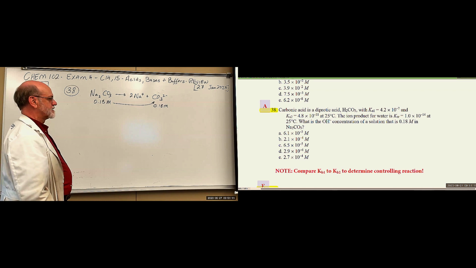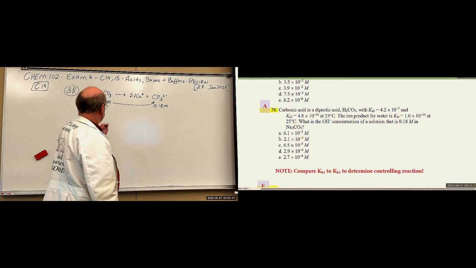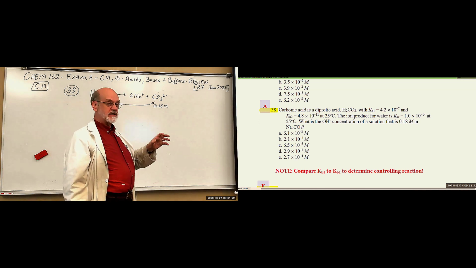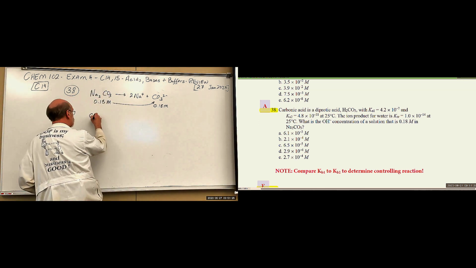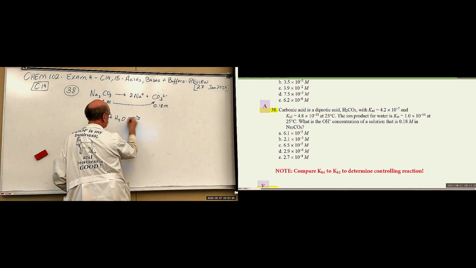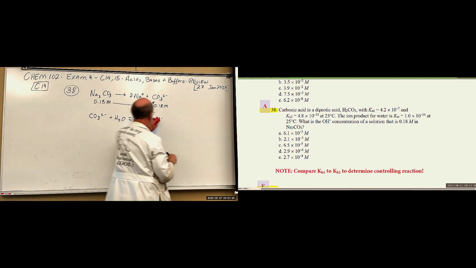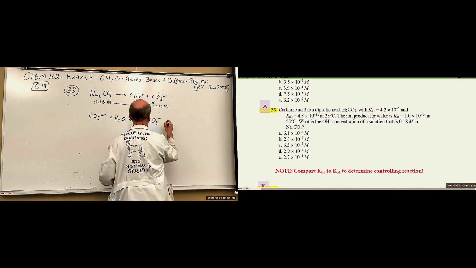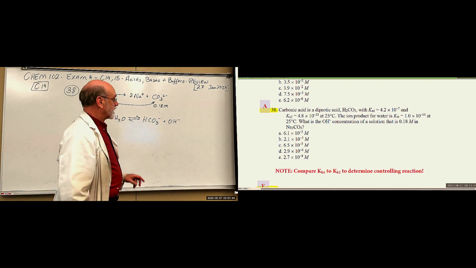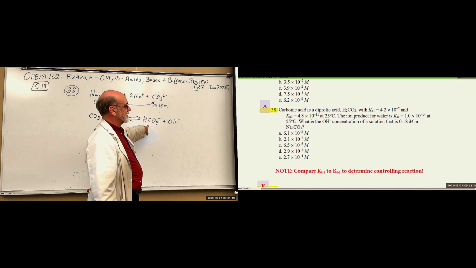Let me see. So what's the controlling reaction? This is a very weak acid, and its strongest conjugate base is going to be CO3 2 minus, right? Plus H2O yields HCO3 1 minus plus OH minus. Okay. Now we're given the Ka of this one, 10 to the minus 11,